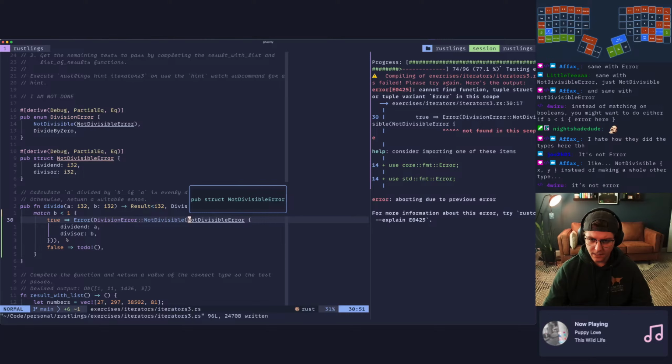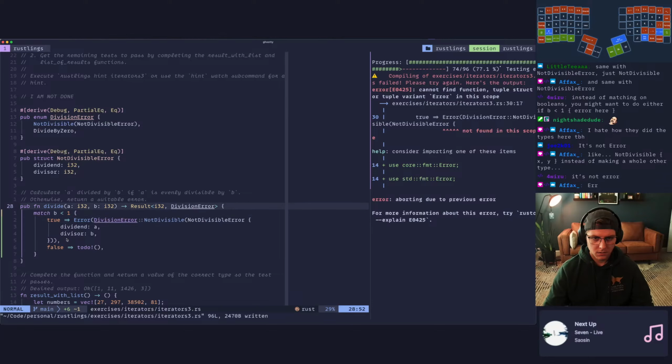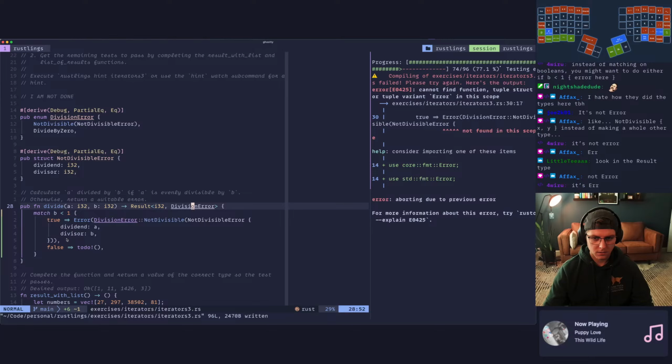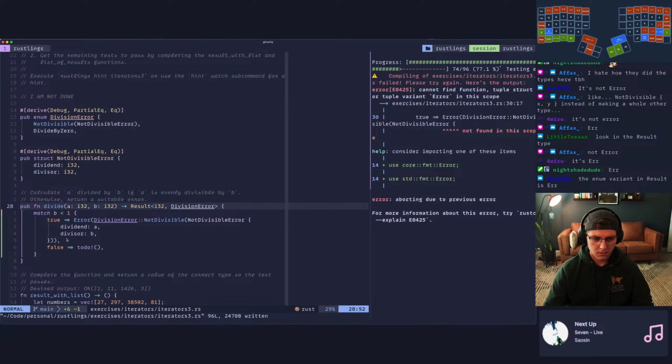Why can't it see that? It's not error? What do you mean it's not error? Division error, not divisible error. Division error. The number.